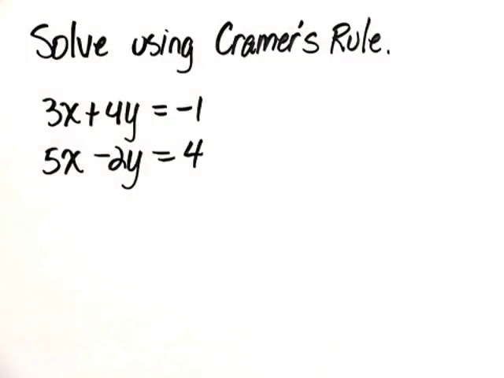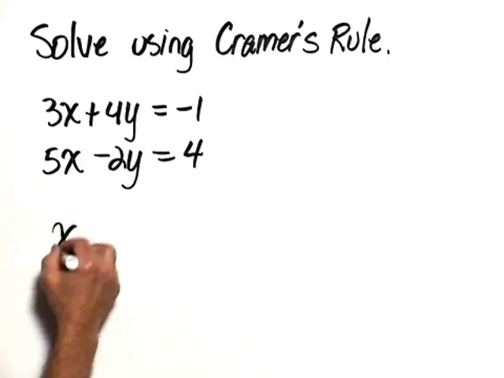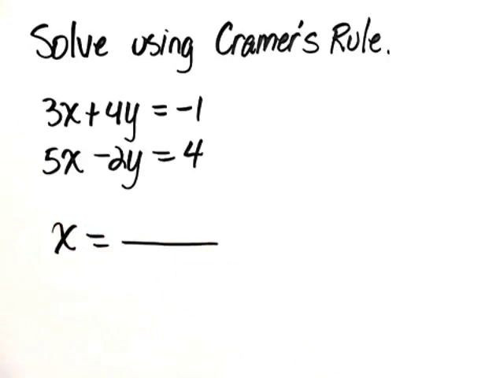Solve using Cramer's rule the system of equations 3x plus 4y equals -1 and 5x minus 2y equals 4. Let's start by finding the value of x, and the value of x is equal to, we take the determinant